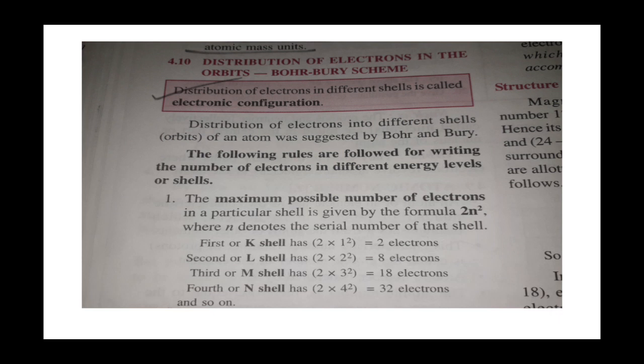Now I want to speak to you about the structure of the magnesium atom. So now you know the atomic number of magnesium is 12. So the electronic configuration will be 2, 8, 2. I can explain it like this: magnesium has atomic number 12 and atomic mass 24. Hence the atom has 12 protons, 12 neutrons and 12 electrons.